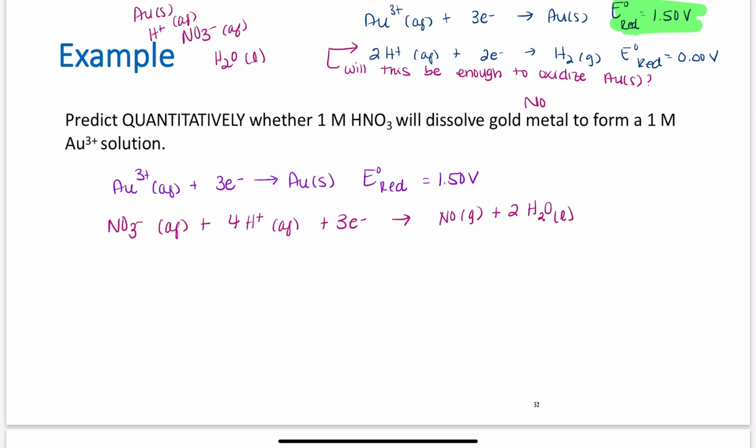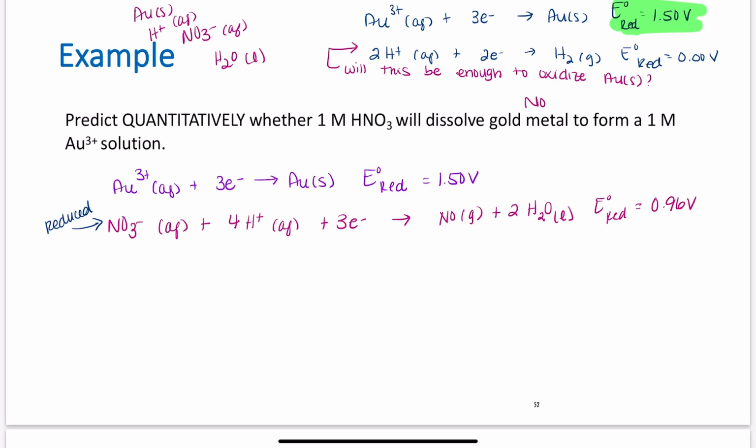The reduction potential here is fairly positive, at least compared to hydrogen. It's 0.96 volts, but it's still not big enough to oxidize gold. But I want to answer this quantitatively. What do I mean by quantitative? I mean if I actually did flip around my gold equation. So if this was able to oxidize the other species, that means this would be reduced,